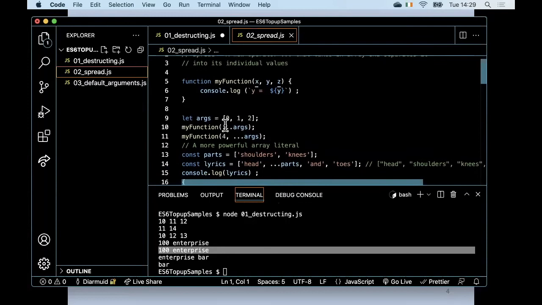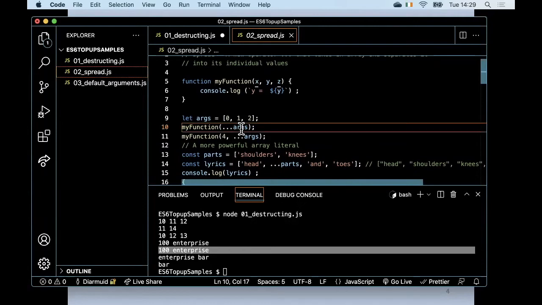So if I've got an array here, which happens to have 3 entries, when I call my function, the function expects 3 things passed to it. But if I take my array and prefix it with the spread operator, then it's going to spread out the entries in the array into 3 separate things. And that's what my function expects. It expects to be passed 3 arguments. So x is going to be assigned the value 0, y the value 1, and z the value 2. So you may see that being used sometimes. I don't think I ever use it in my code, but if I run it,